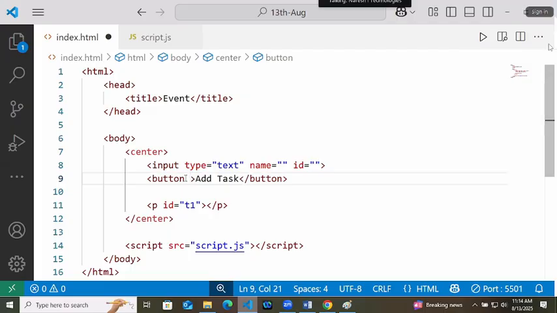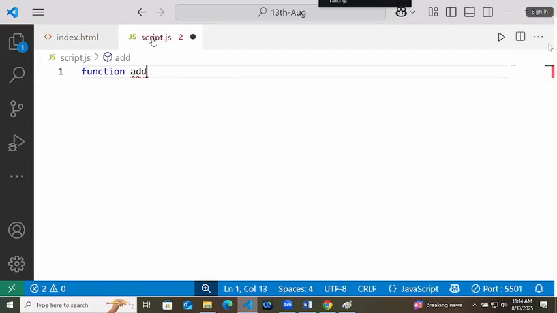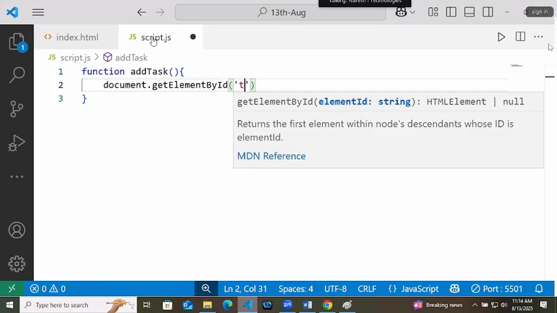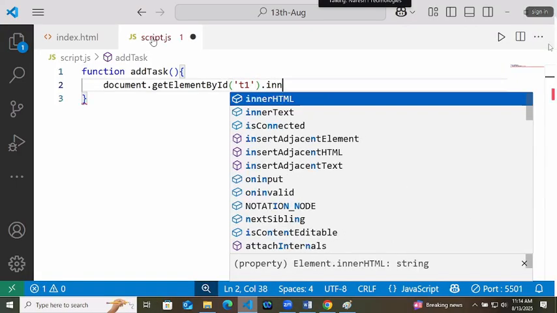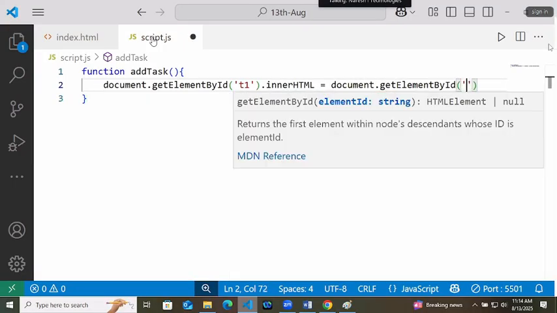Now to this button, we will write an onclick event and call a function, let's say the add task function. In JavaScript, we will define this function addTask, and we will go to document.getElementById with ID T1, and inside the innerHTML of this T1, we will add the value of document.getElementById.